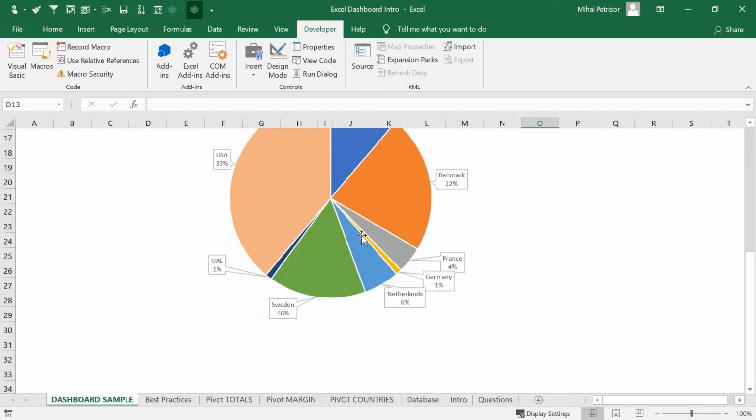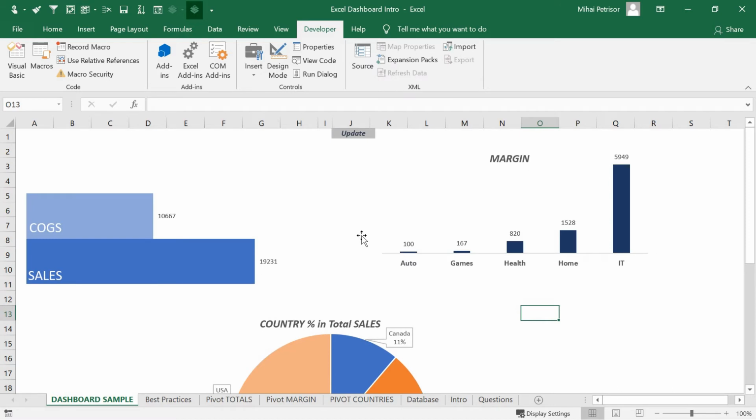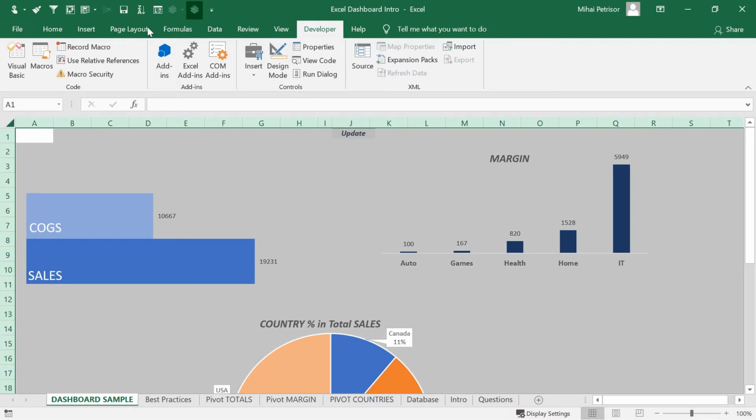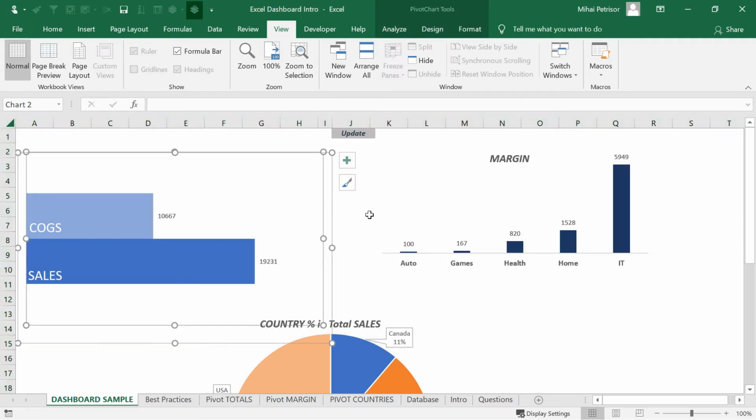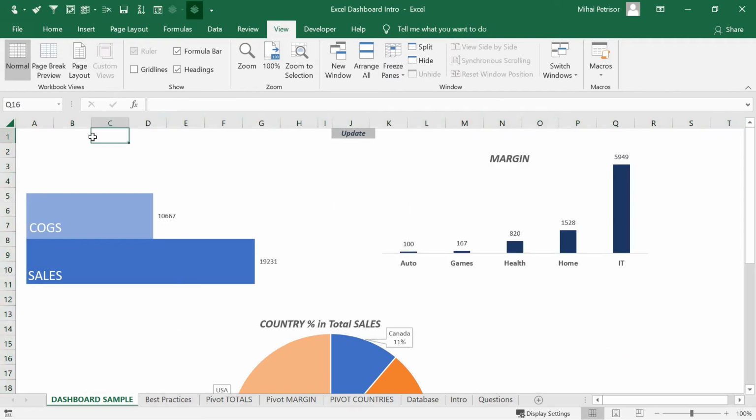Layout should be very simple to read, so try to avoid having grid lines like that, or different types of text. Avoid charging with many text boxes.